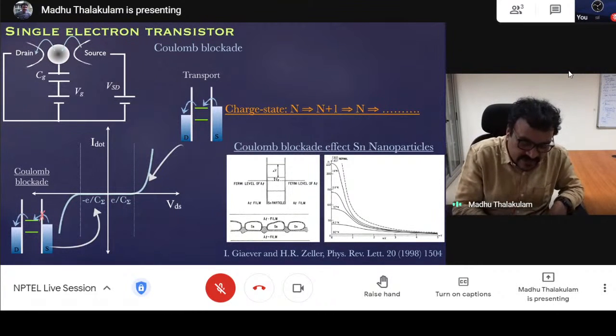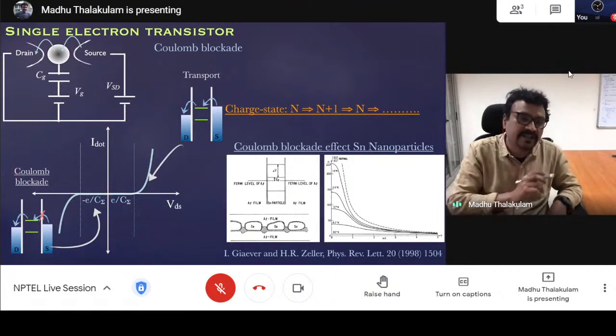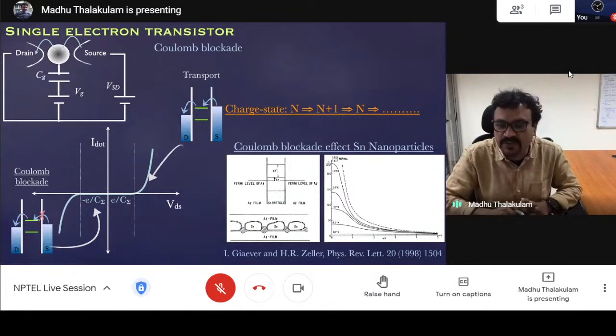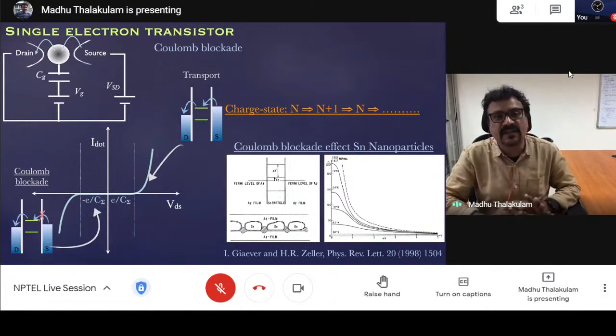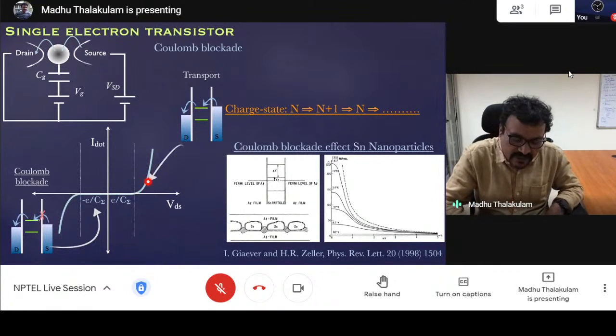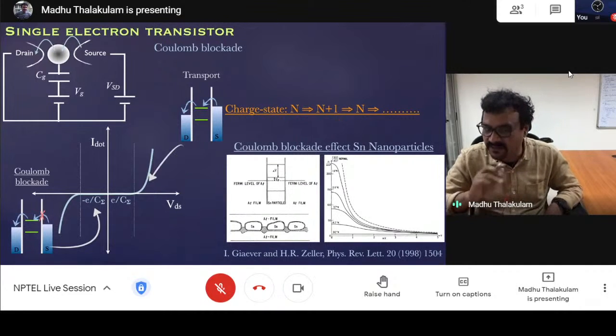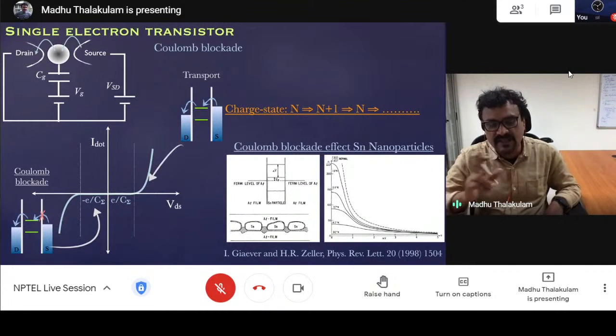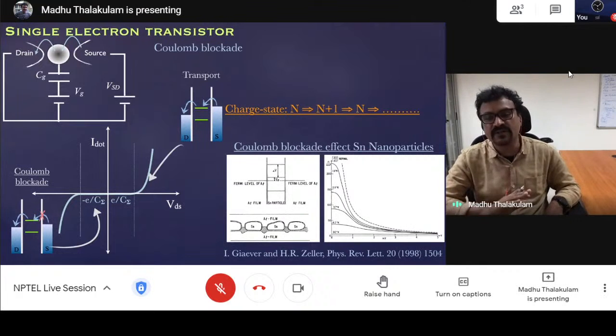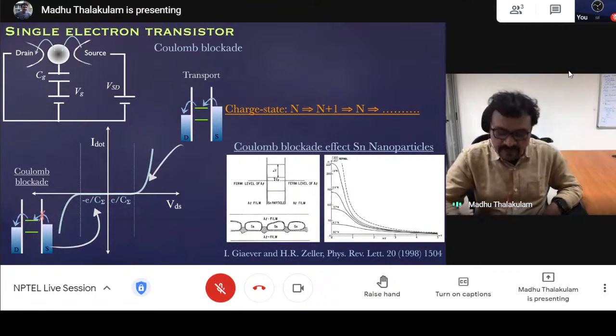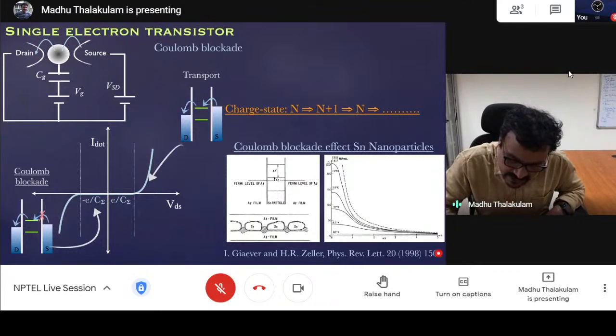So this regime is generally referred to as the Coulomb blockaded regime, or this phenomenon of transport shutdown through the dot is generally called Coulomb blockade. Okay, and the moment you lift the Coulomb blockade, the electrons go through the dot one by one, and in that case the charge state of the dot fluctuates between n and n plus 1, given n is your starting state. Okay, there's a charge state fluctuation by one electron when the transport happens, and this was first observed in 1998